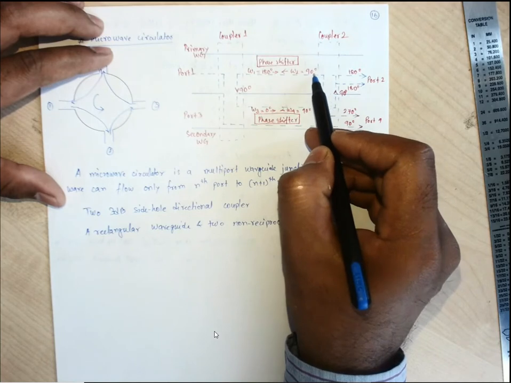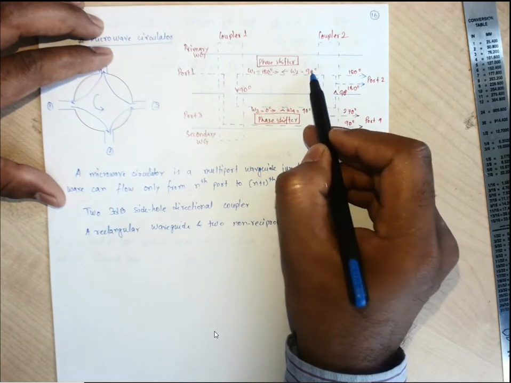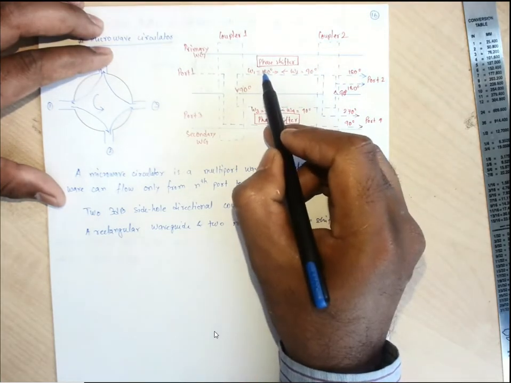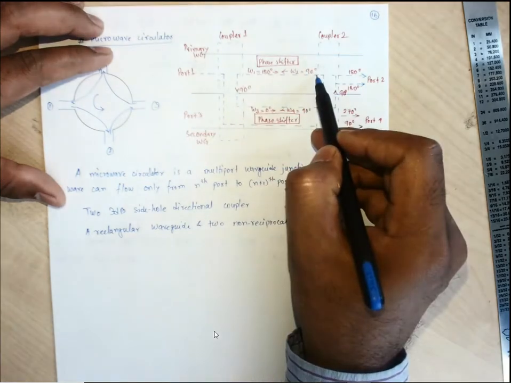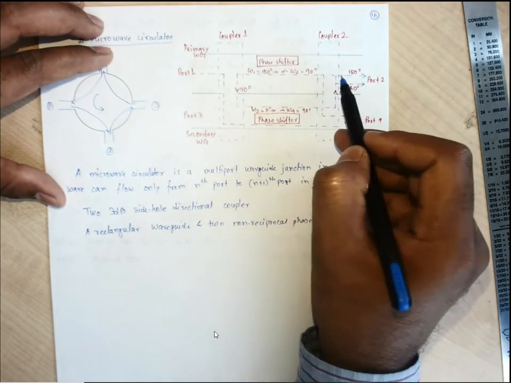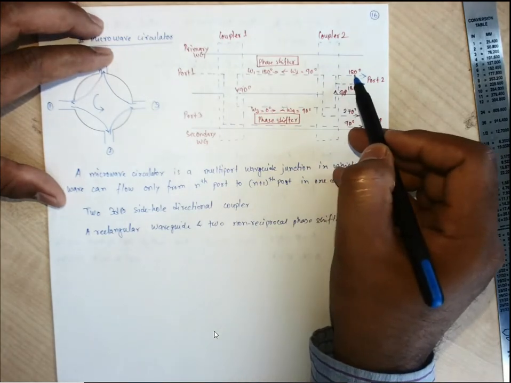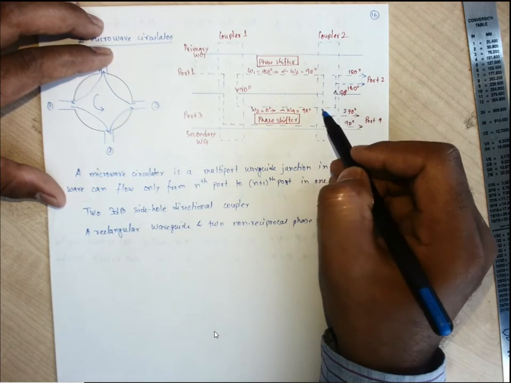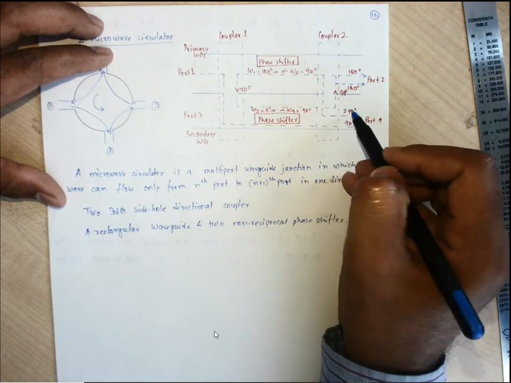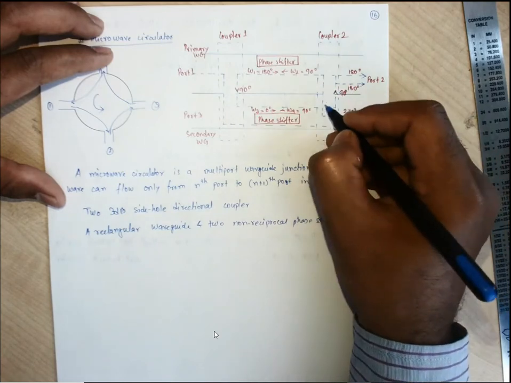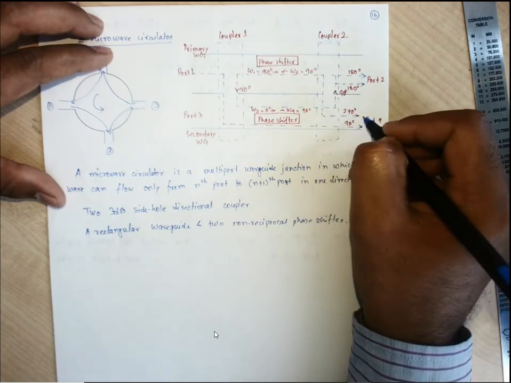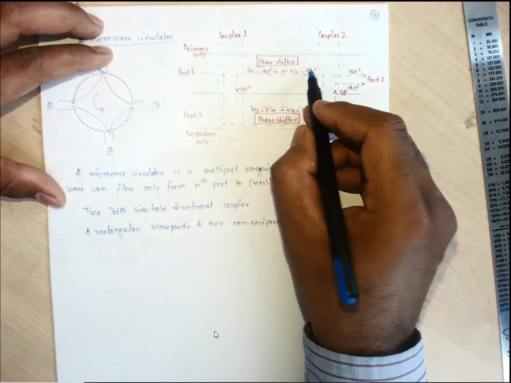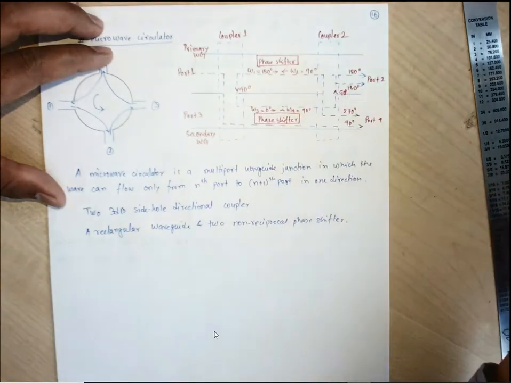Okay, so this output with 180 degree from coupler 1 is the input at coupler 2. Now when it is the output from coupler 2, it has the same phase shift of 180 degree because it is the throw port. But it will have a 90 degree phase shift while it is coming out of the coupled port. So 180 degree plus 90 due to this coupler 2.